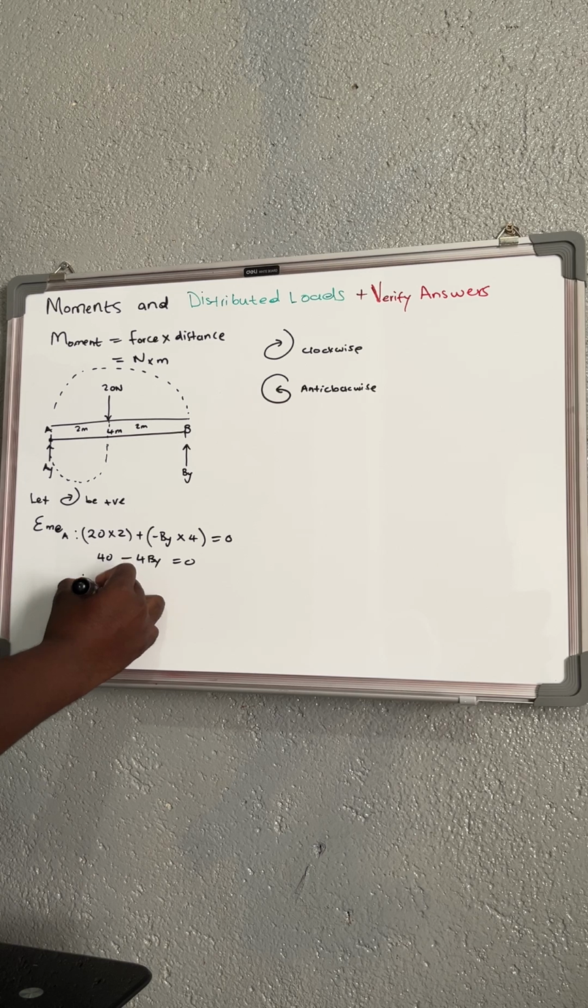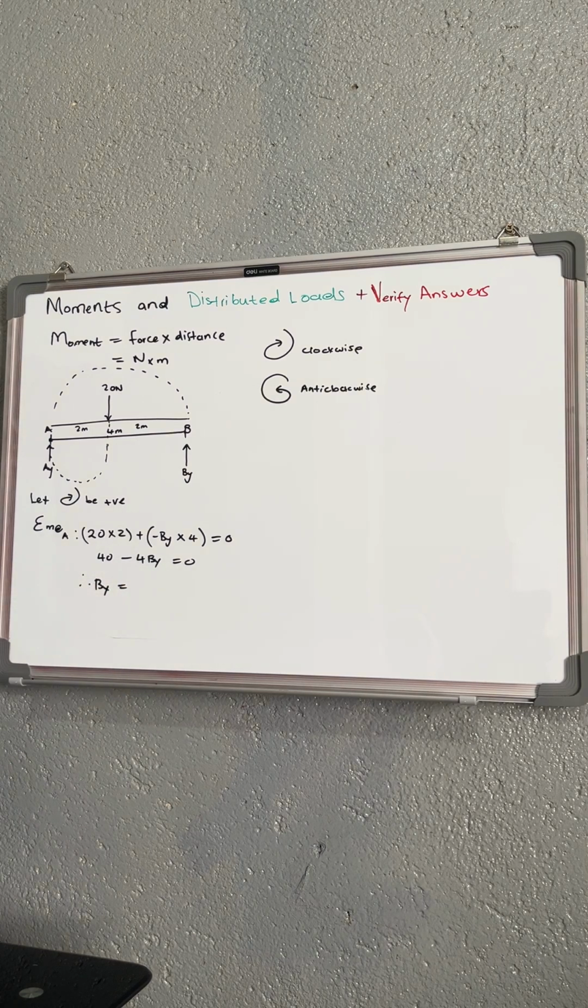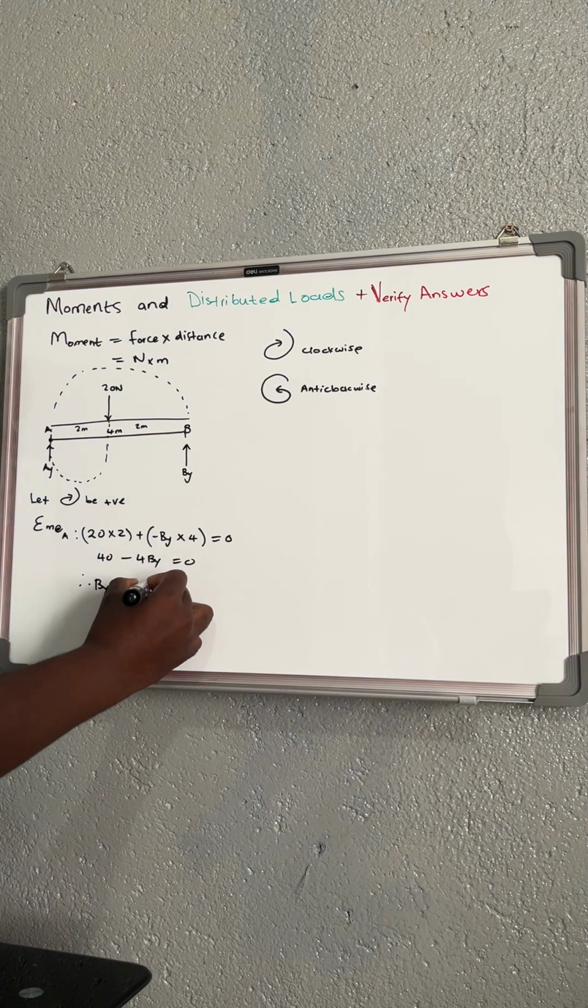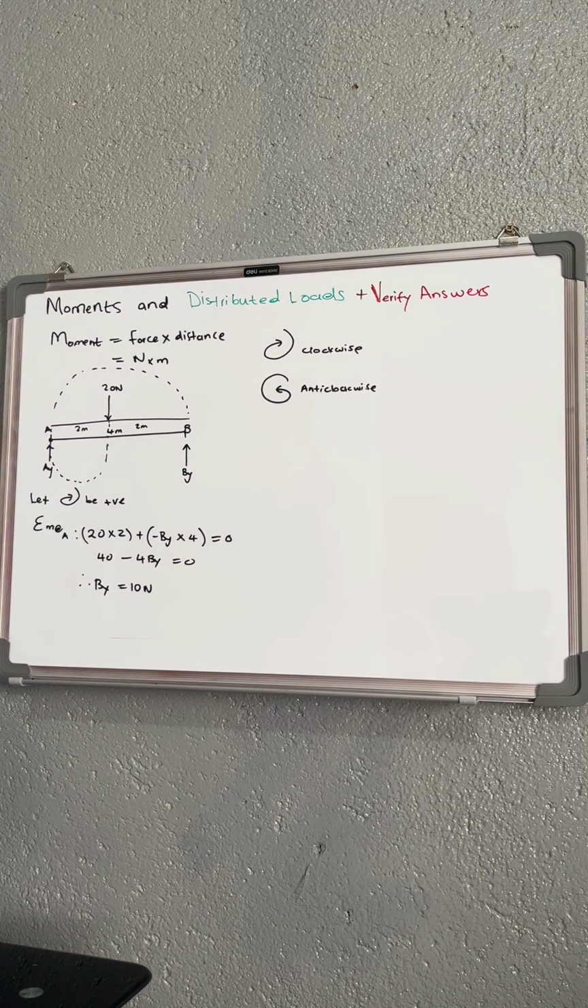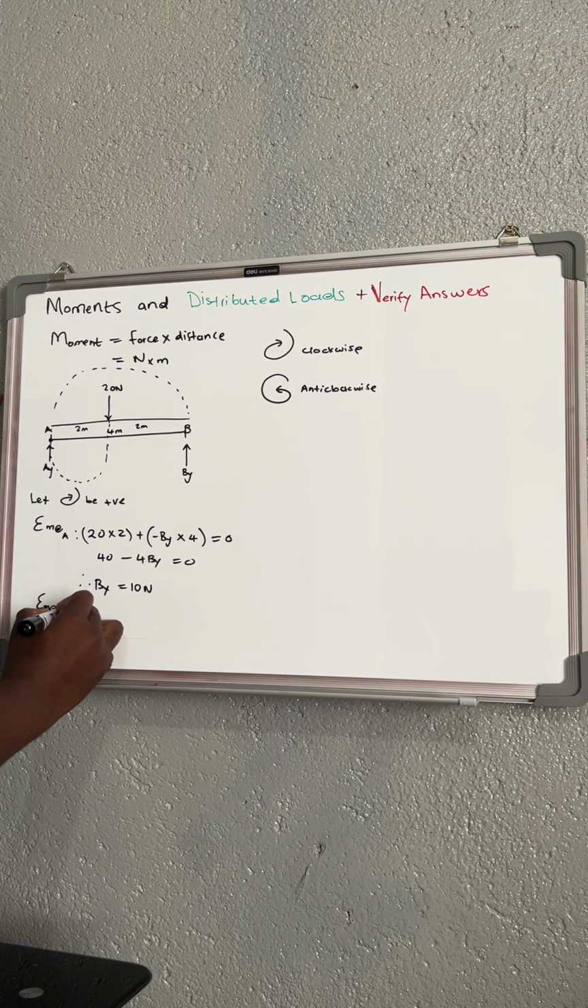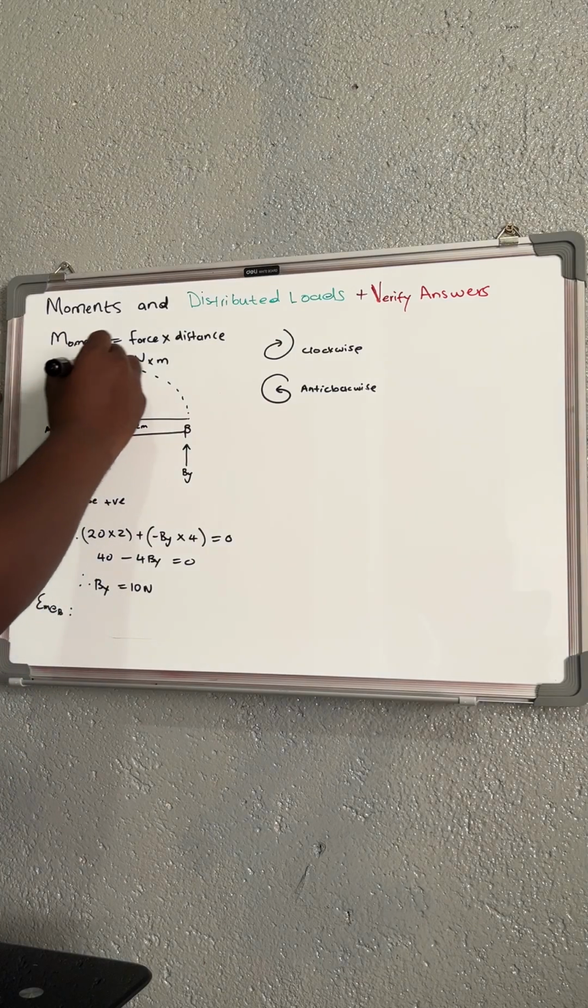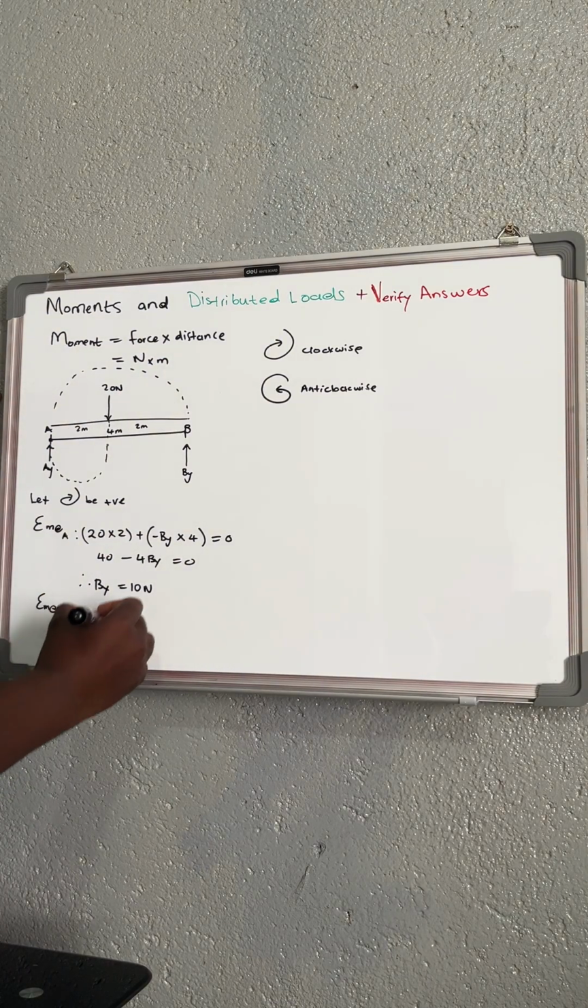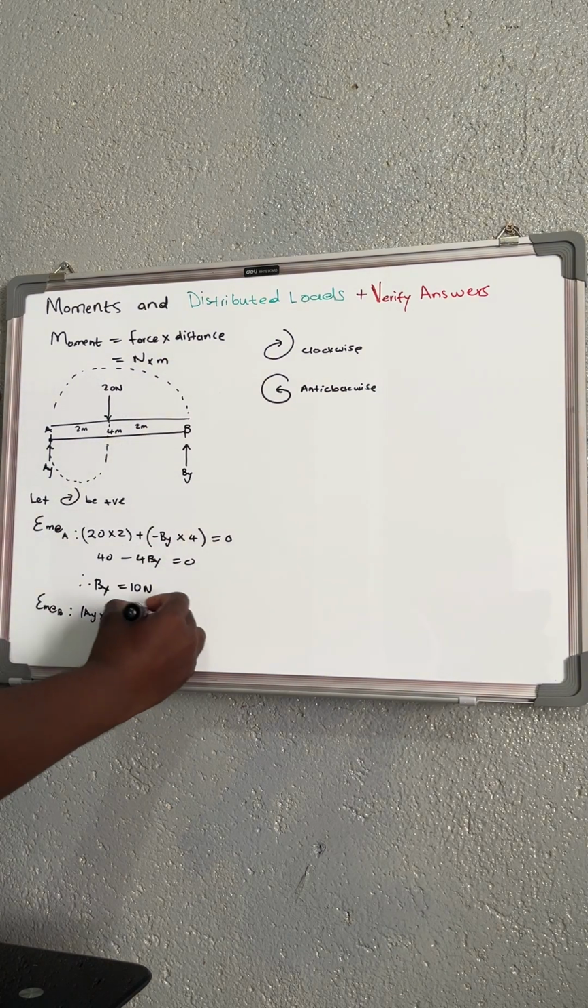Then you do the math, your BY would be equal to 40 divided by 4. This would be your 10 Newton. Then you do the same to calculate your AY. In order to calculate your AY, you're going to take your moment around B. So you'll say sum of moments around B. Then what are you going to have? You have this AY which is going to move like this, which is clockwise. So you will say you have your AY multiplied by the distance 4, which is the distance from there to there,